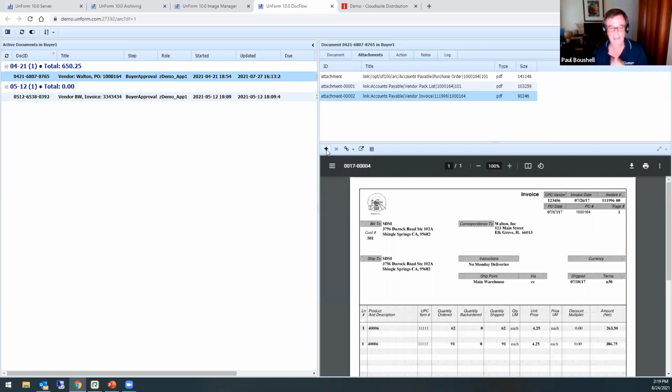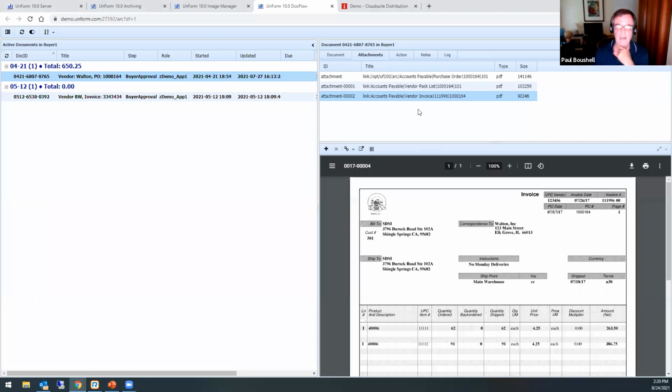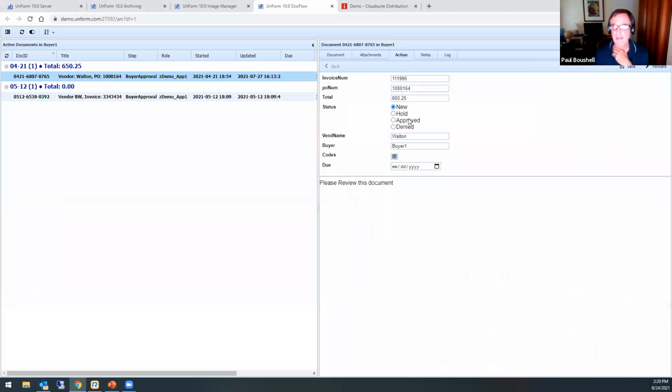So if they get an email from the vendor saying, hey, sorry, I fat fingered that price, they can attach that to that as well, and that would be part of that whole packet of documents. And once they've done whatever they need to do, they can save it and forward it to the next step in that particular process.